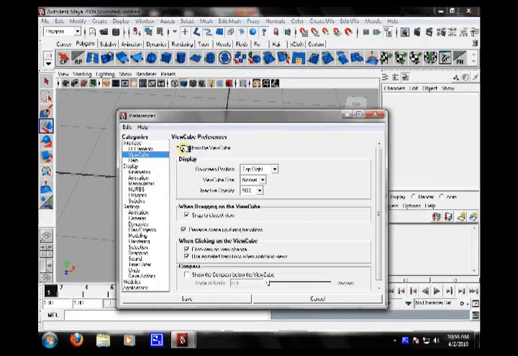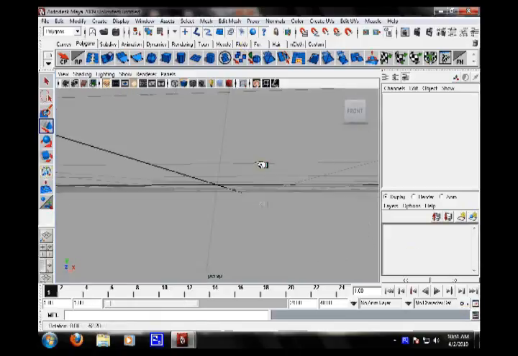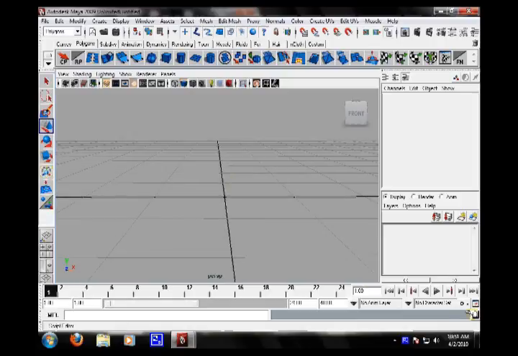A few other things that I want to associate ourselves with that we will be commonly using inside projects are these two icons over here. This is our auto keyframe toggle and our animation preferences. Animation preferences can be accessed via this icon here, or also in our settings and preferences tab